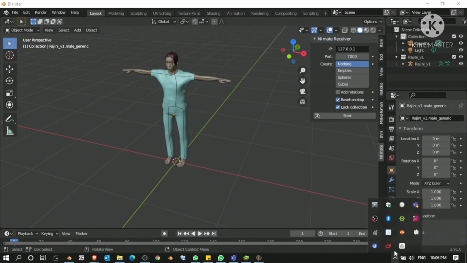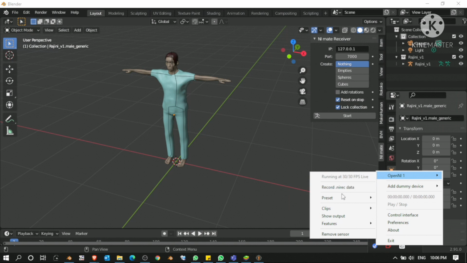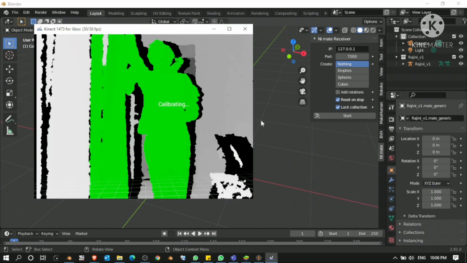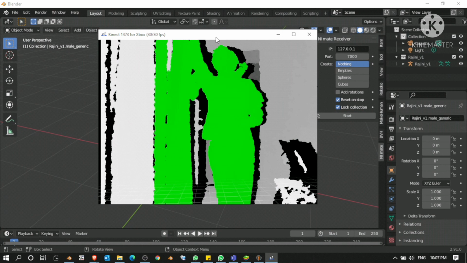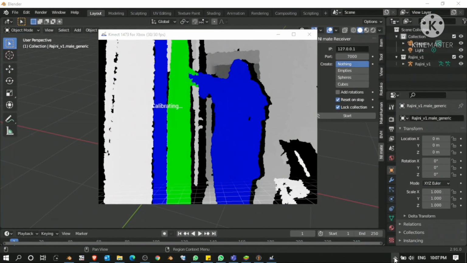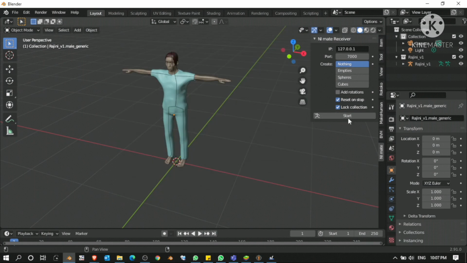By default, this application is minimized at the right side of the notification area, and click open and show output. It will display a depth value image. So it will try to calibrate the image object. Okay, after that we come to Blender.